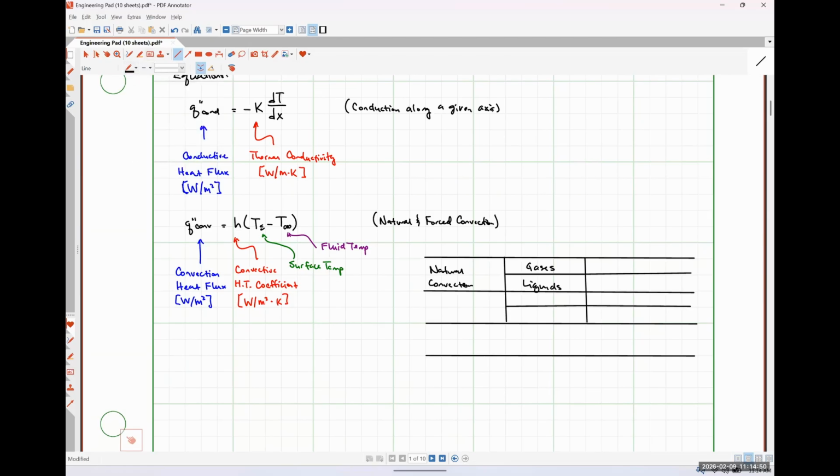And our H values, and these will all be in watts per meter squared Kelvin. So in gases, we might see numbers ranging from 2 to 25. In liquids, this is significantly higher. So we might see 50 to 1,000. Okay. For forced convection,